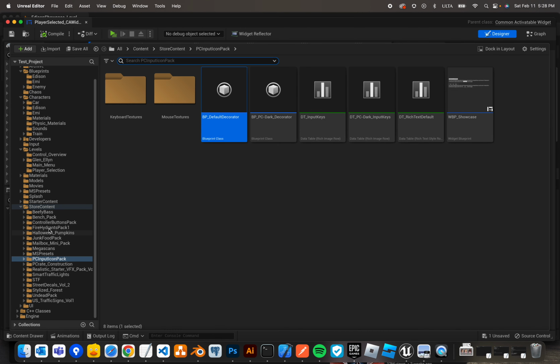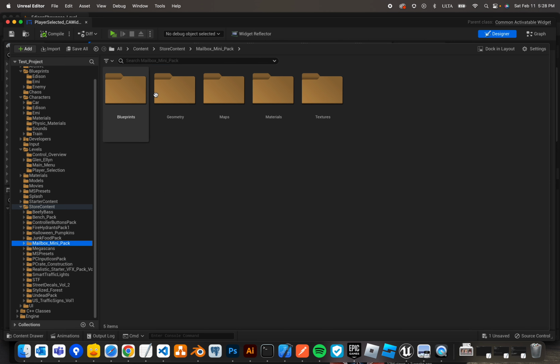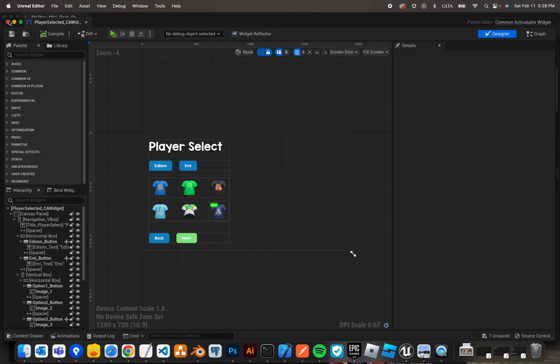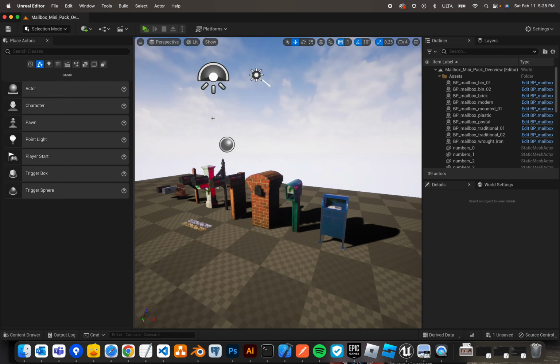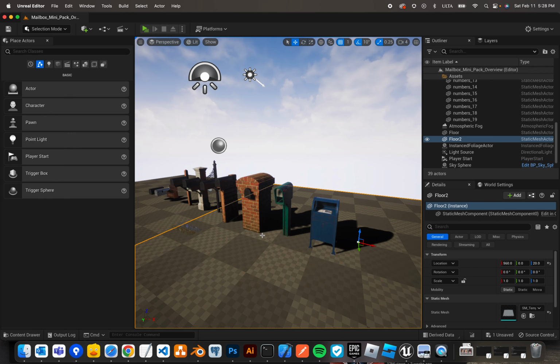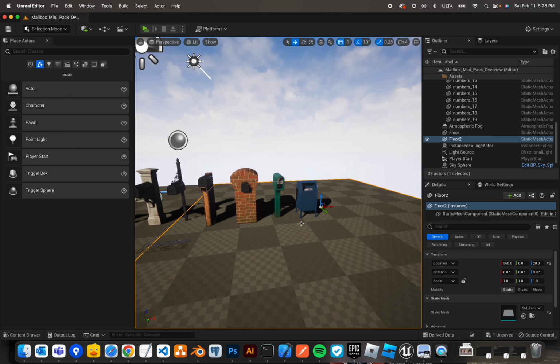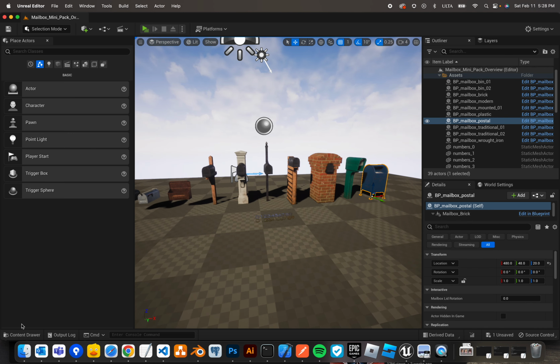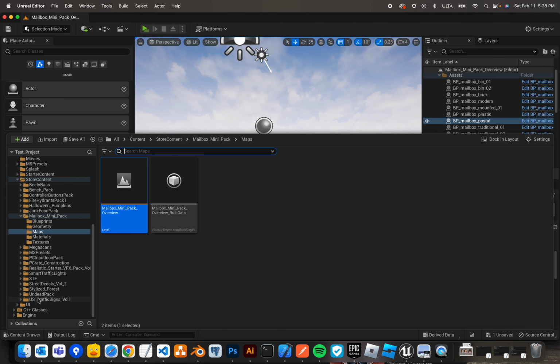Let me go to where I know I have a good one. Stylized forest, mailbox. Okay, mailboxes will do. Let's go to this one. So I didn't want to model a ton of different mailboxes, right? Let me close this. Of course, it's going to wig out because of my Mac. So let me reopen this. There it goes. So you can see I got these from the asset store, and I really needed this mailbox. I think that's probably one of the only ones I use out of this. So I use that mailbox, and then